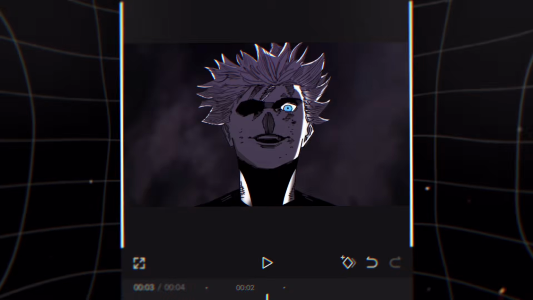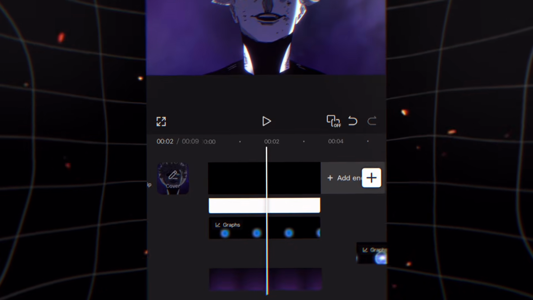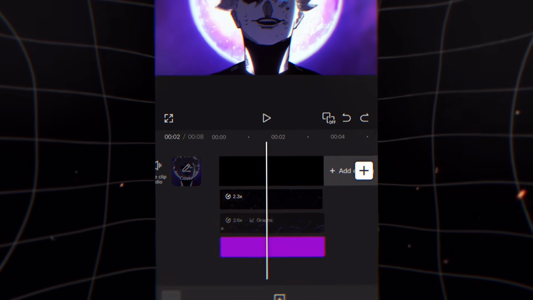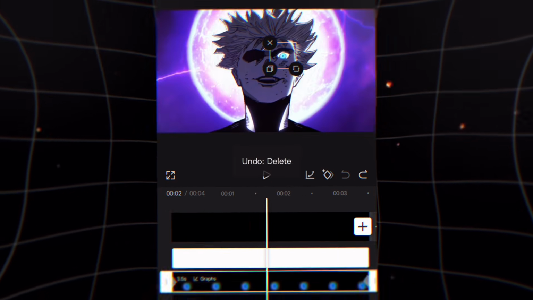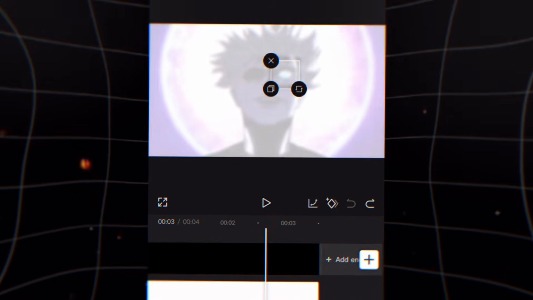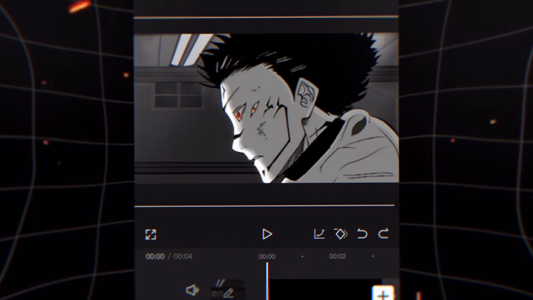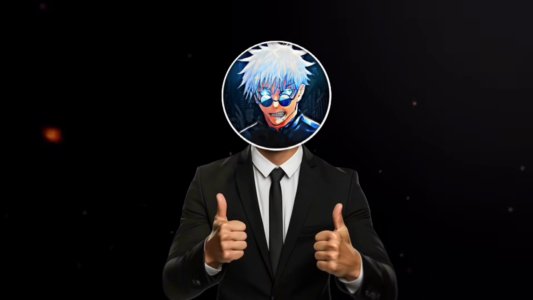And then the final scene, hollow purple. I grabbed overlays from Pinterest, tweaked them into this flowing cursed energy, blasted it with purple color grading, and finished with a shine effect on the eyes. The whole vibe felt intense, like the attack was about to blow everything away. As for the other cuts, nothing too crazy. I just slapped on a bunch of smoke overlays to match the manga vibe, and honestly, that got the job